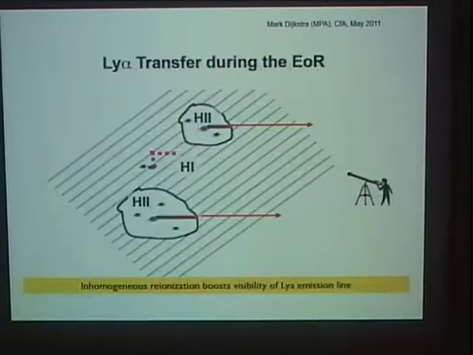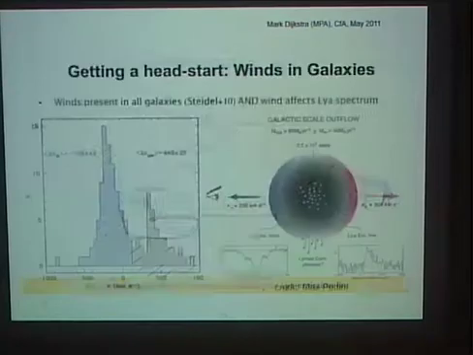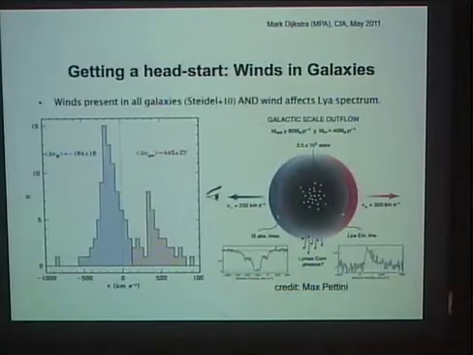Okay, so it is interesting. So this is basically, if you have these H2 bubbles already, you boost the potential visibility of these Lyman alpha lines if they are emitted by these galaxies. Now you can get a head start